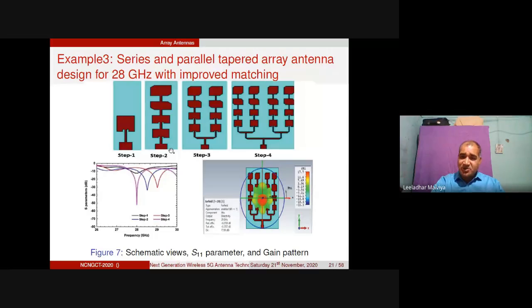The question must be in your mind: what are we doing here, why are we chopping the antennas from their corners or from the opposite ends, right? So I'm able to give the answer to this question, why we are doing the chopping, because if you look, this is step 2, right?